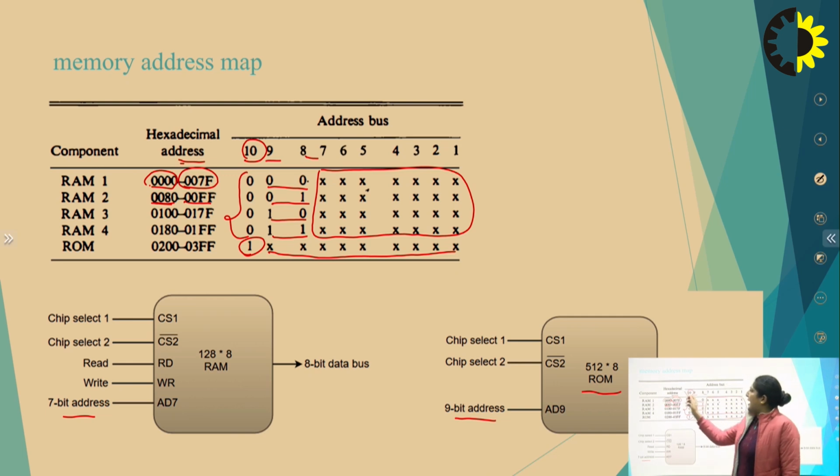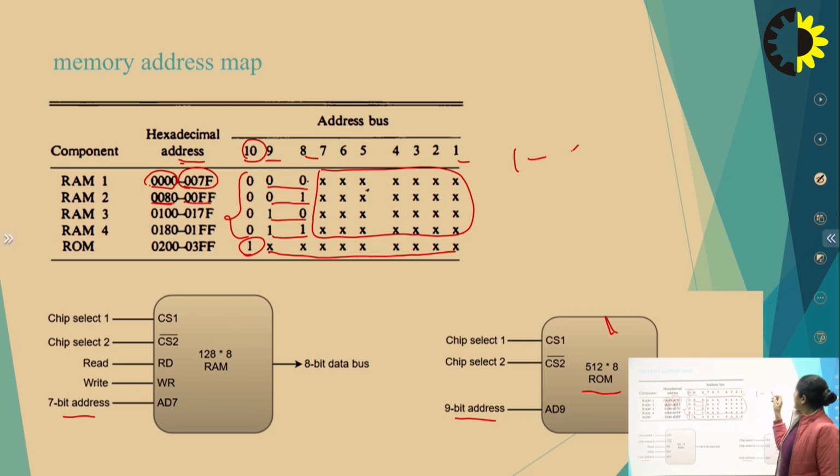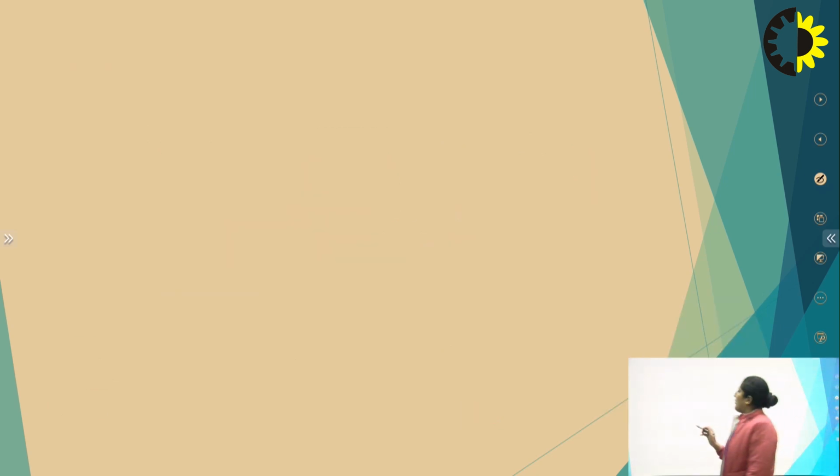As you know, this is a hexadecimal address. That means 16. We are starting from 1, so we will be choosing from 1 to 16. If we start from the 0 bit, then it will be 0 to 15. But here we are starting from 1, so the number of bits should be from 1 to 16. So let's see how we get this hexadecimal address. Let's suppose for RAM 1.